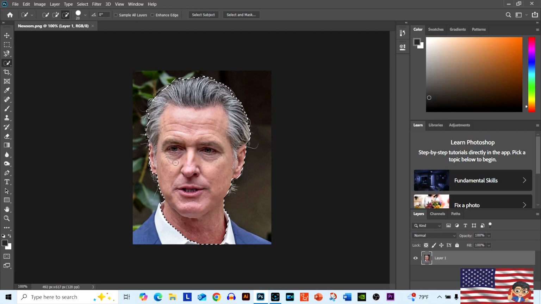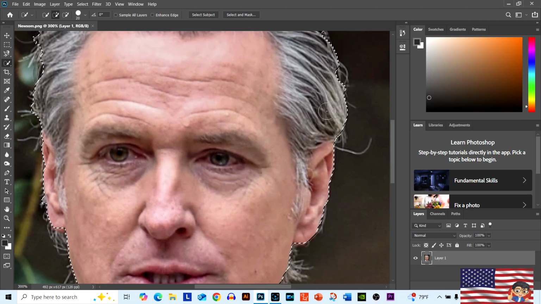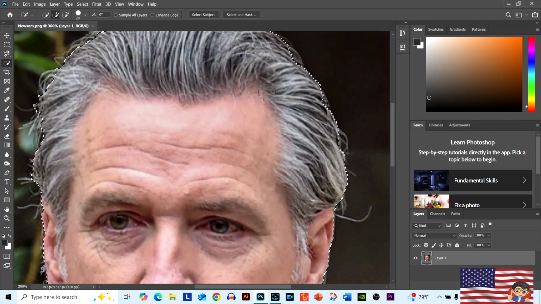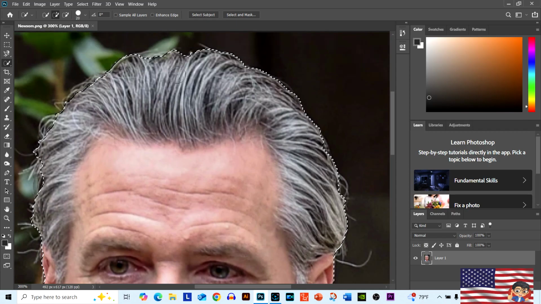Anyway, we're going to continue on here. Control plus on my keyboard. Need to check the edges here, make sure I selected all of them. Now I have the minus selected, I should have the plus, and I want to make sure I get everything here as close as possible. Now this is looking a little better. Let me select a little bit more hair, make his head a little more rounder. And this looks good over here. Over here looks a little jagged.